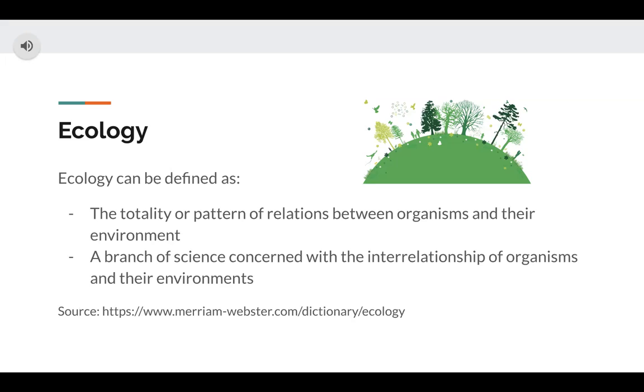So for the second definition, we basically can take this first definition that we have defined already, redefined in our own words, and think about it as the study of those relations that happen between the fish in the stream or between any other living organism and their environments, or as you may know it, their habitats. So a branch of science just means that this is the study of something. So it's a scientific study concerned with those relationships that happen between the organisms and their environments or habitats.